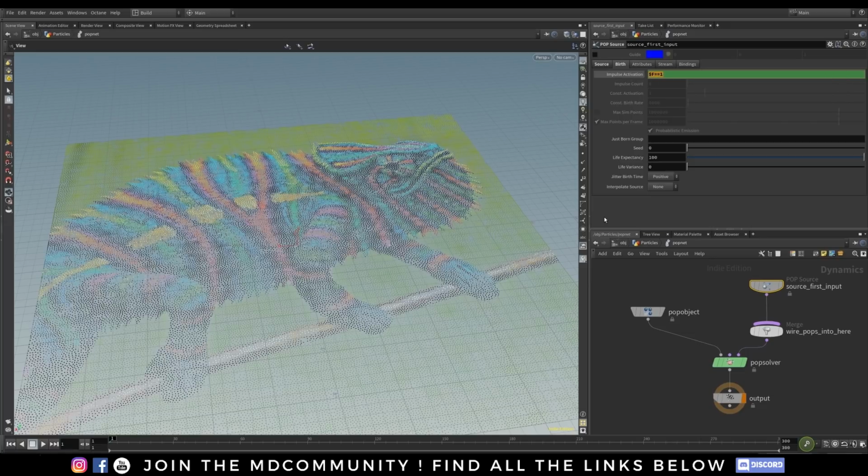So we are going to use an if statement, okay? And the if statement needs 3 parameters here. First one is what is the statement? In our case, frame number, $F means frame number. If frame number equals 1,